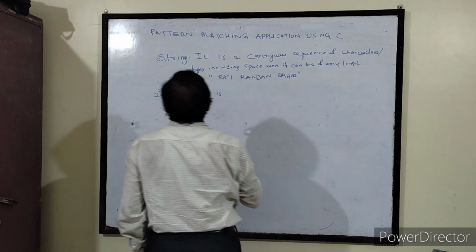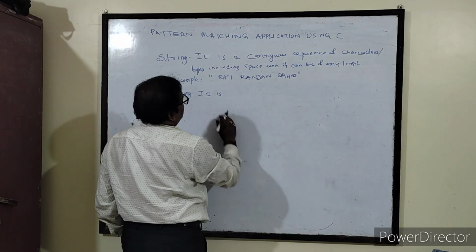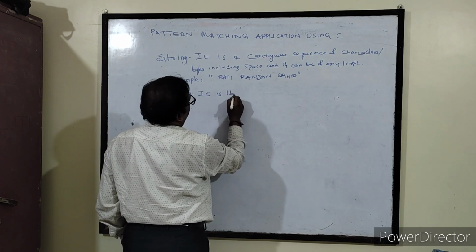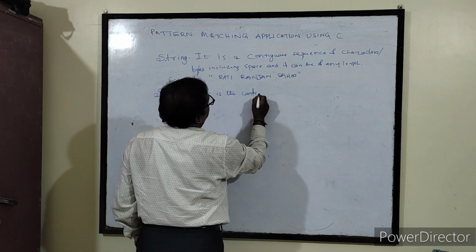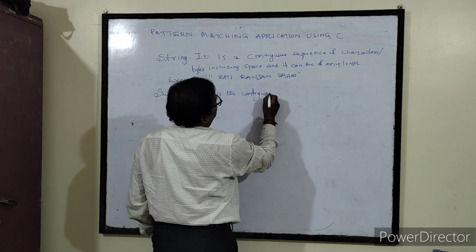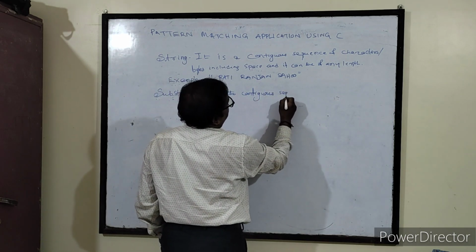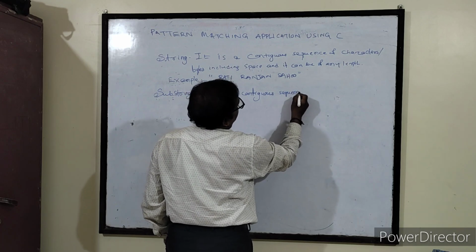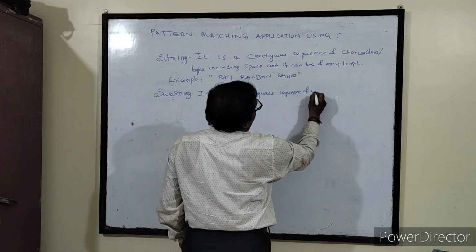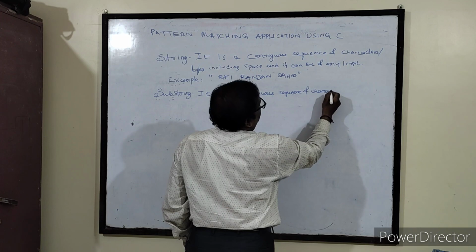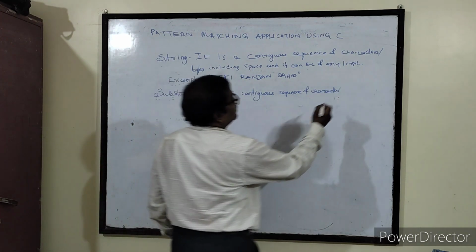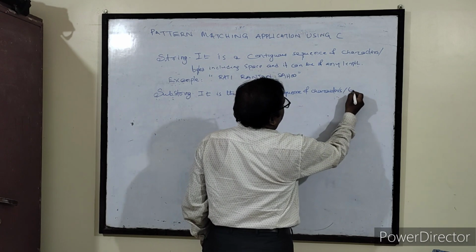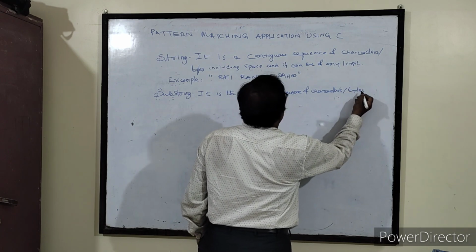So similarly, if you see the substring, it is again a contiguous sequence of characters, or we can say bytes,